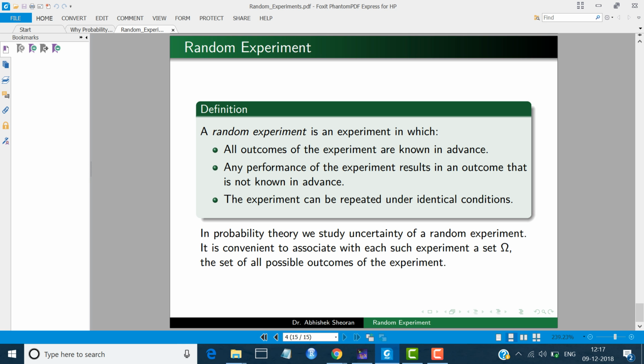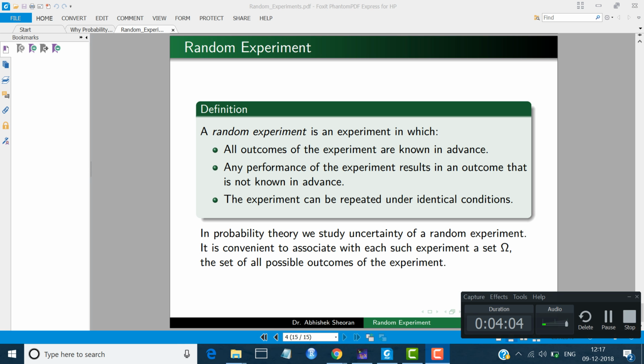In probability theory, we study the uncertainty of a random experiment. It is convenient to associate with each such experiment a sample space, a set omega. This is the sample space of all possible outcomes of the experiment. So we start our study with the random experiment. Okay, in the next we will discuss